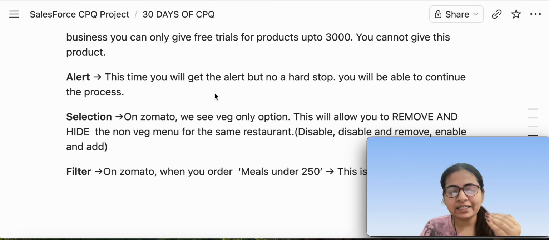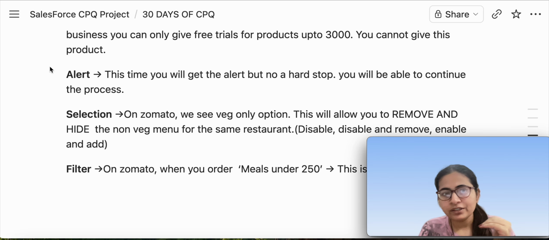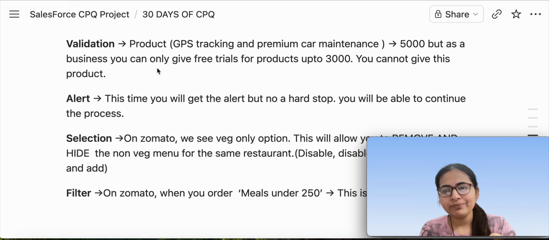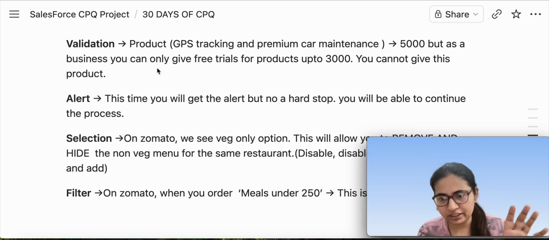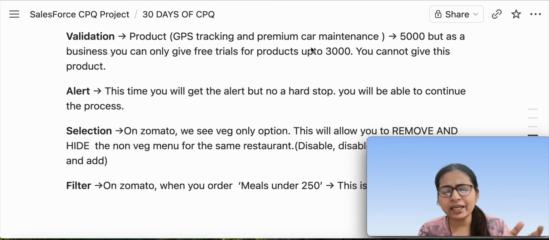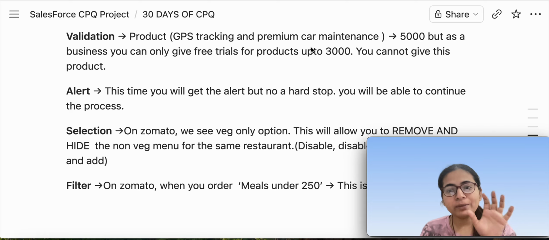So basically another type is alert. In the same previous example, say the business is only giving you the information, they are not hard stopping you from giving the customer a 3k trial. In some scenarios you can give more than a 3k trial. This time it's an alert, it will not stop you as a business. Although you generally give for 3k, if you are giving more than that, the sales rep is allowed to do it, but they should be aware that